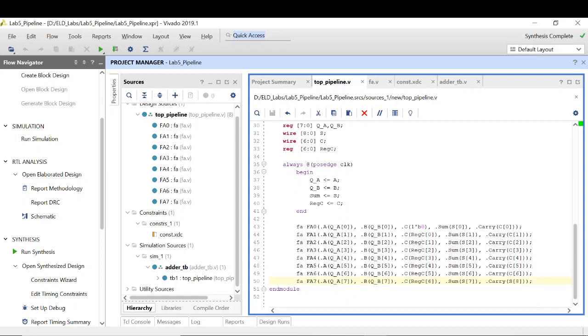So we have made 2 designs in this part. In the first part we made a design in which we have registers or flip-flops at the input and output ports, and we observed that the 2.5 nanosecond clock period was not sufficient and the slack was coming out to be negative. Then we inserted the pipeline stages, and after inserting the pipeline we saw that the same 2.5 nanosecond clock period is now sufficient to maintain the synchronicity of the design, but at the same time the latency is increased by 1 clock period. So there is a trade-off between the latency and the maximum operable frequency of the design.